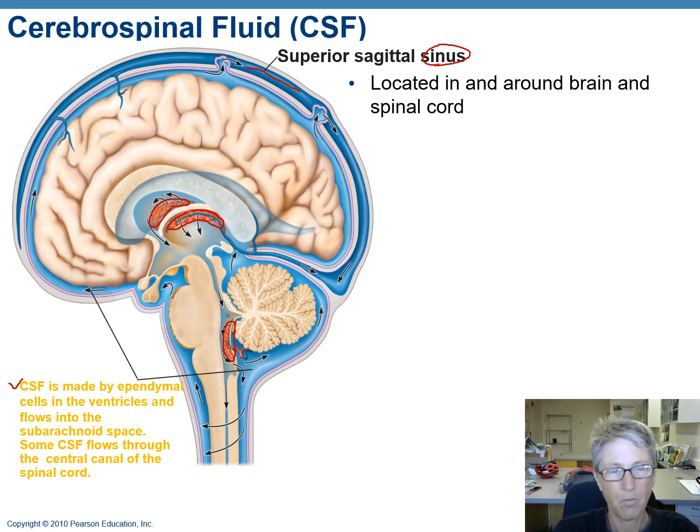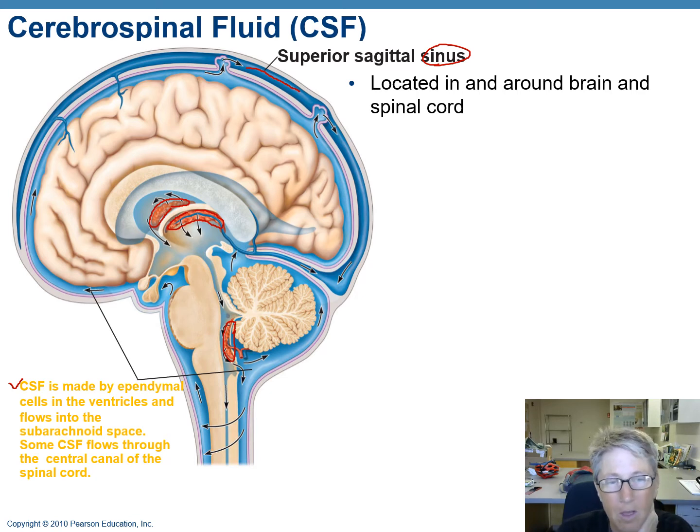We'll look at what the ventricles are in a minute, but we have lateral ventricles, a third ventricle, and a fourth ventricle. The ependymal cells that make the CSF live in the ventricles,